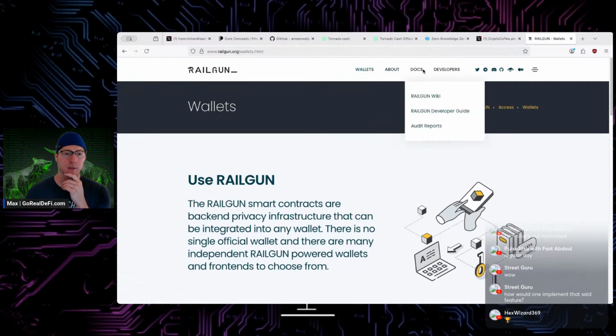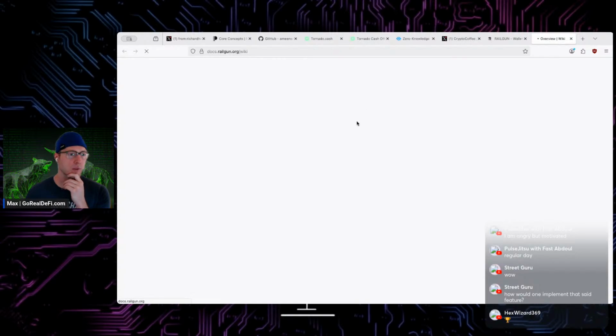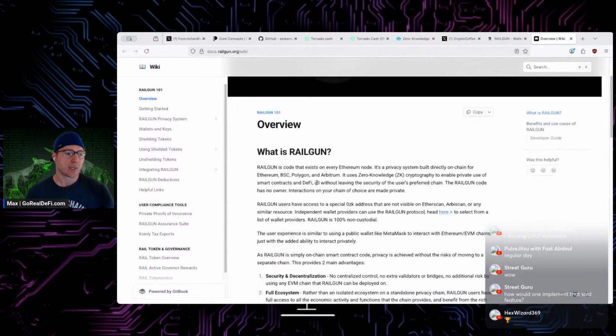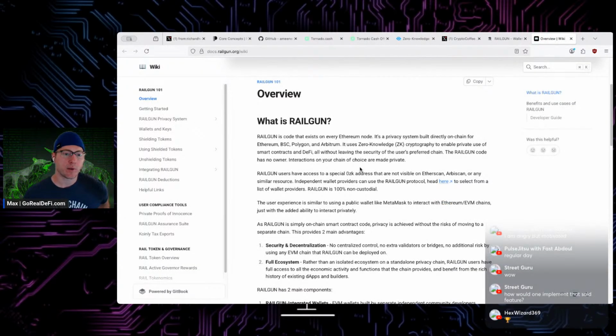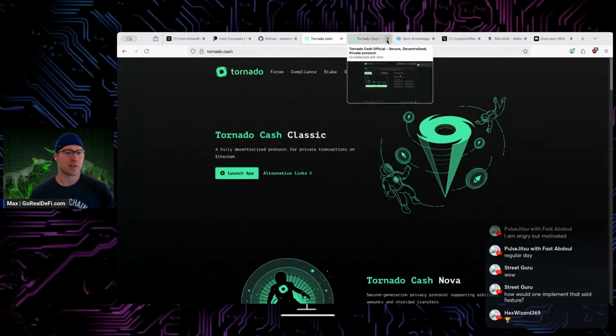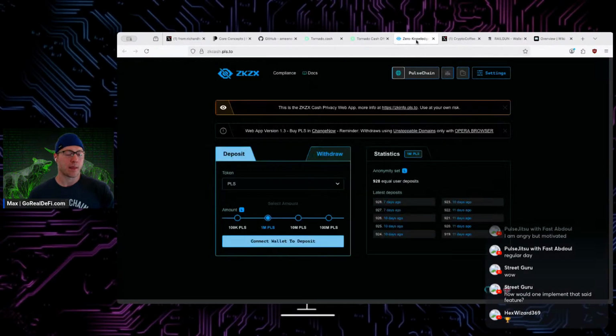Let's see, where can I see how it works? What is Railgun? Railgun is code that exists on every Ethereum node. It's a privacy system built directly on chain for Ethereum, BSC, Polygon. Well, could be PulseChain one day. It uses ZK cryptography for private use of smart contracts and DeFi. So Tornado Cash and the forks of that are targeting